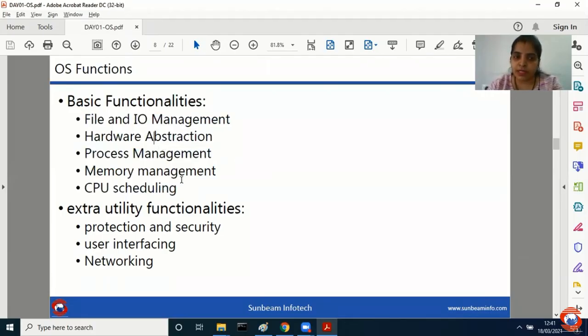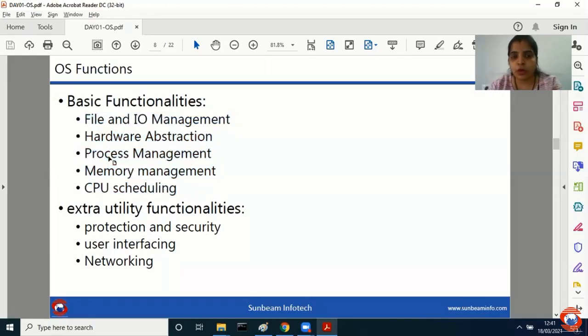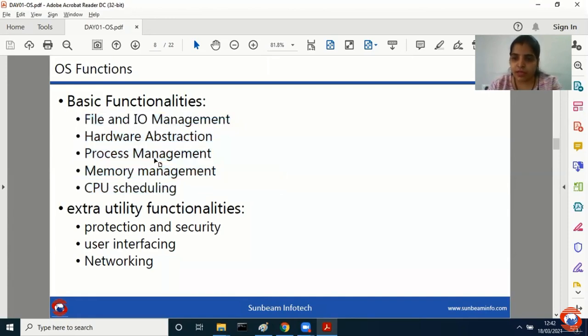And when you talk about operating system, if any operating system does not provide these, that means your OS is not proper. Every OS just performs these as basic functionalities. Now, extra utility functions. When you say extra utility, when you log in to Windows you set a password, right? Normally you set the password for logging in.